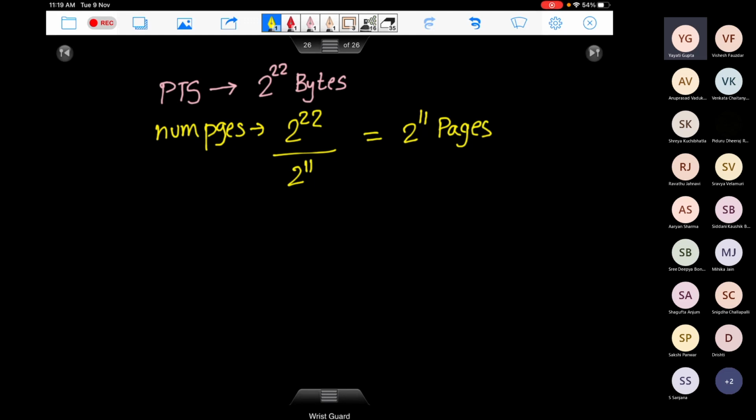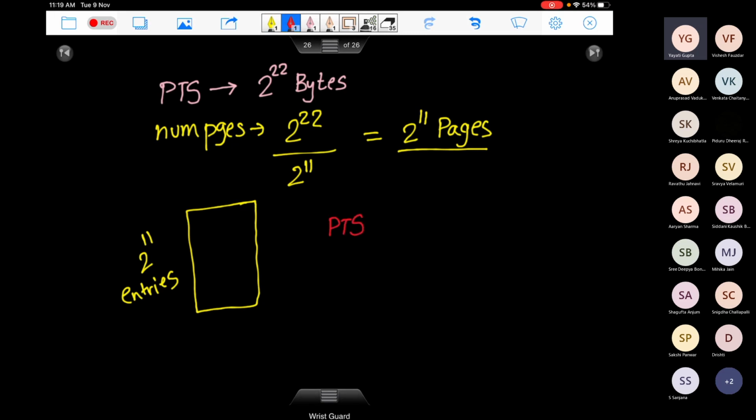Now I need a second page table to map all these 2 to the power 11 pages. Corresponding to each page, it will have an entry, which will hold the corresponding frame number. So 2 to the power 11 entries here. Each entry is again 4 bytes. So what is the size of this page table now?